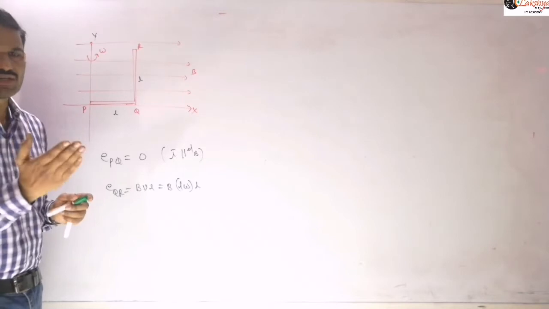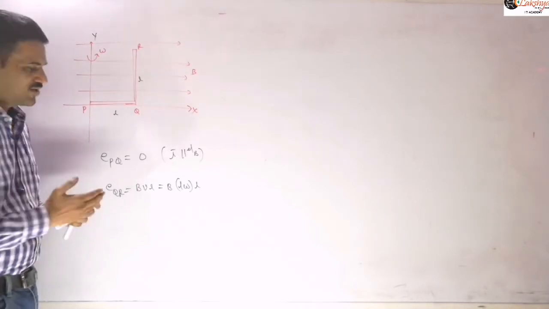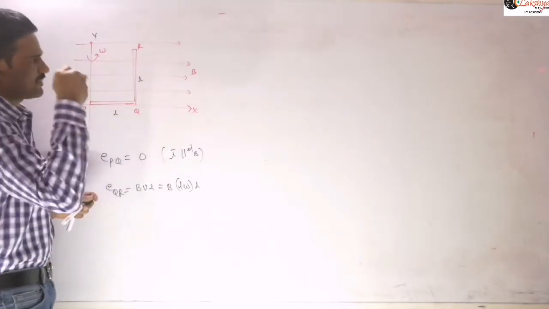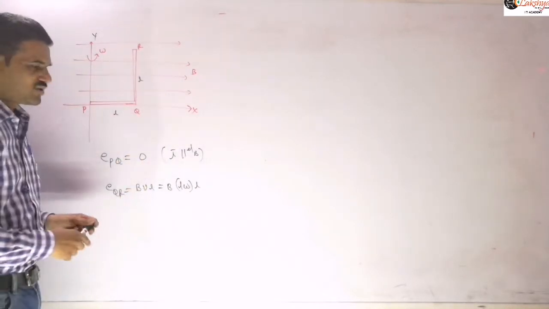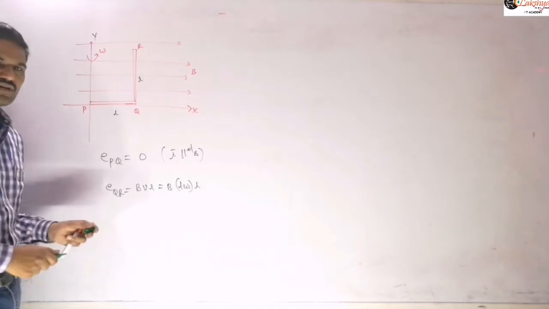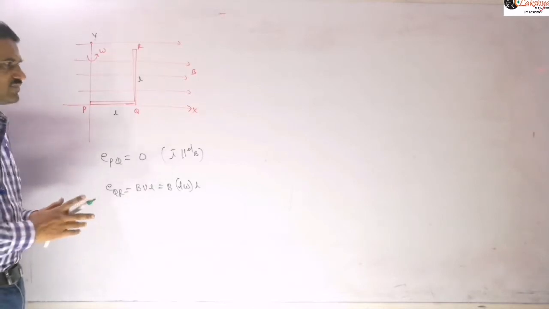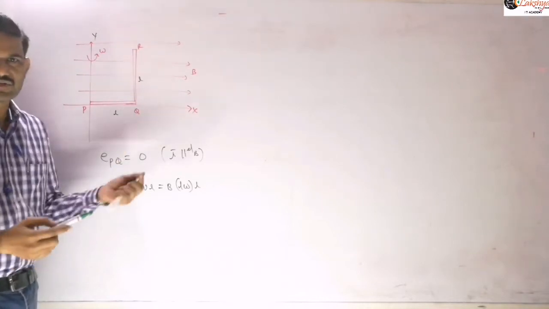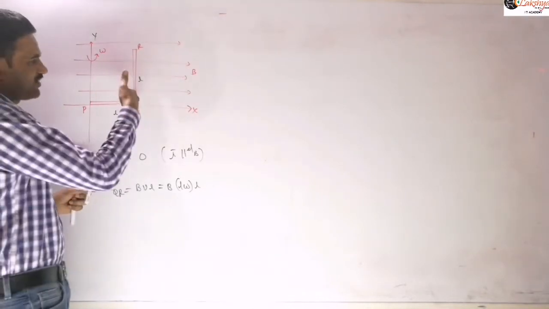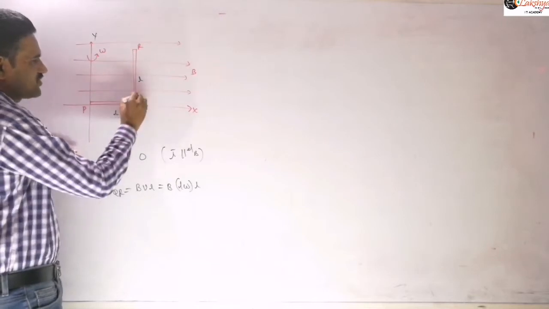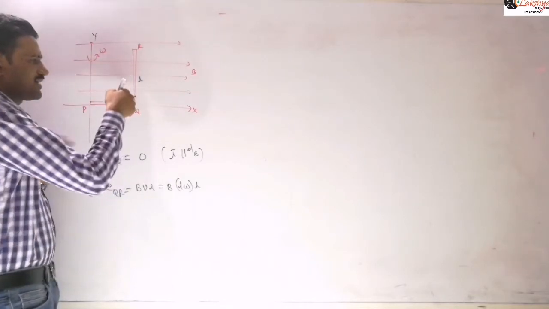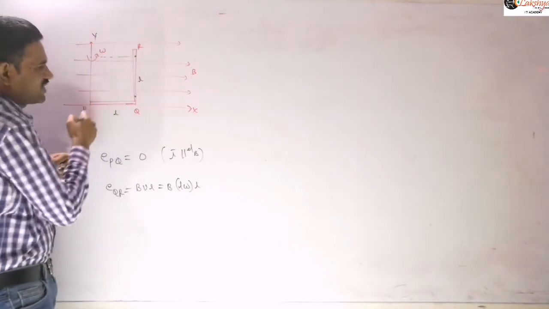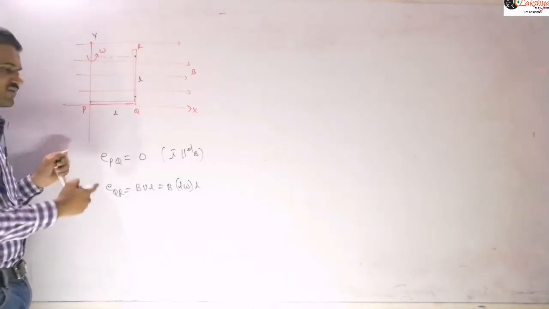Every element of this rod QR has that velocity of L omega only. Its velocity is not variable as the rod is rotating there. So at that instant it is perpendicular to its length, and you can write this calculation here, right? It is not rotating about its own end, so you can't apply our B omega R square by 2 formula. It has that velocity at this instant. What is the velocity of this point? Into the plane, L omega, because it is at a distance of L from the axis of rotation.